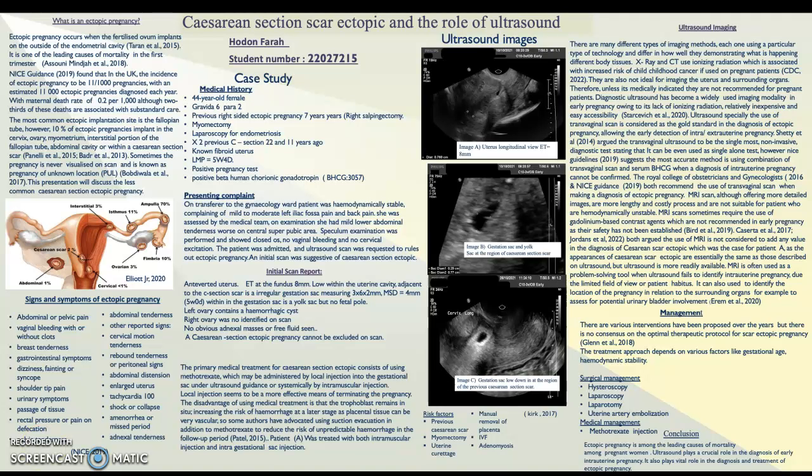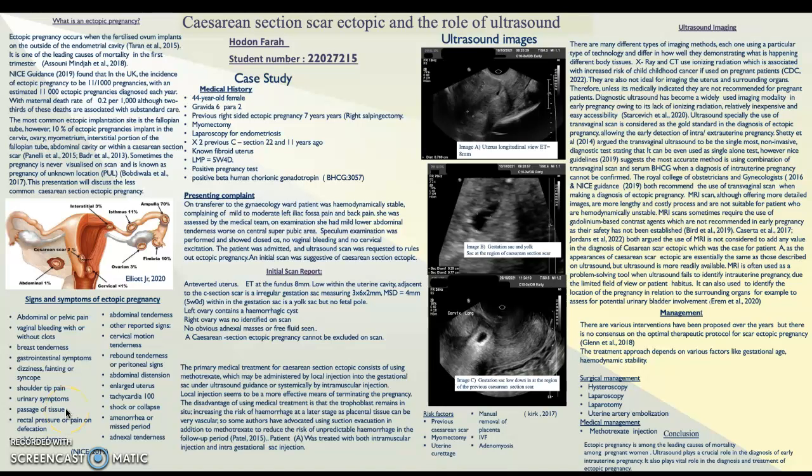There are many different types of imaging methods, each one using a particular type of technology, and differing in how well they demonstrate what's happening in different body tissue. Diagnostic ultrasound has become a widely used imaging modality in early pregnancy owing to its lack of ionizing radiation, relatively low cost and easy accessibility. Ultrasound, especially the use of transvaginal scan, is considered the gold standard in the diagnosis of ectopic pregnancy,